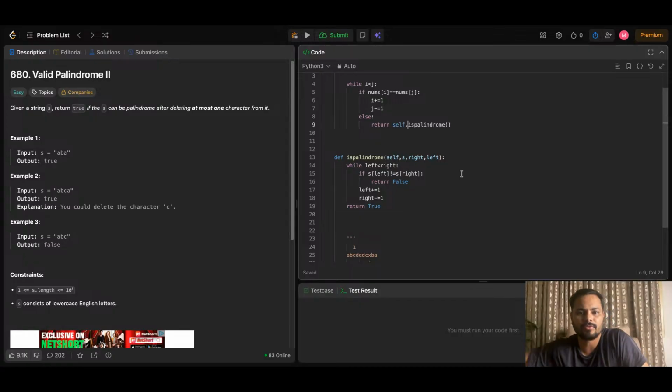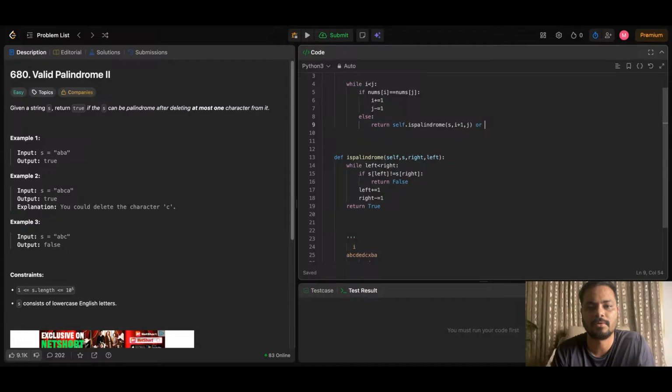This function I have to call in some other def function. Here I will give s comma, so it will check palindrome if, let's say, I plus 1 and j, or right,